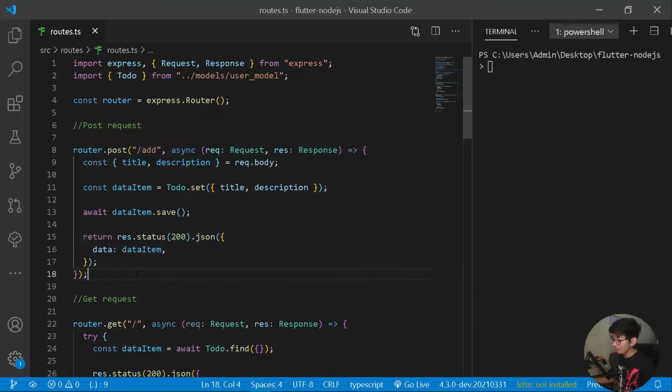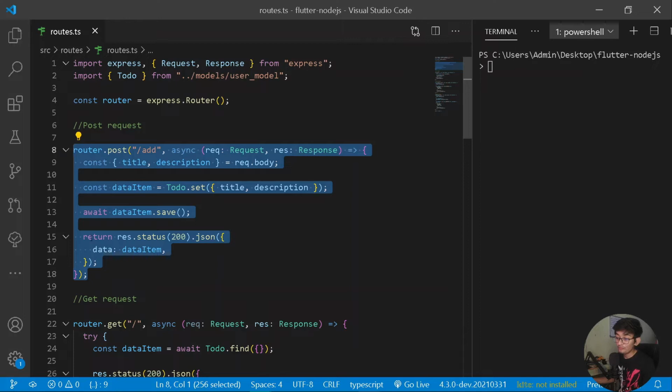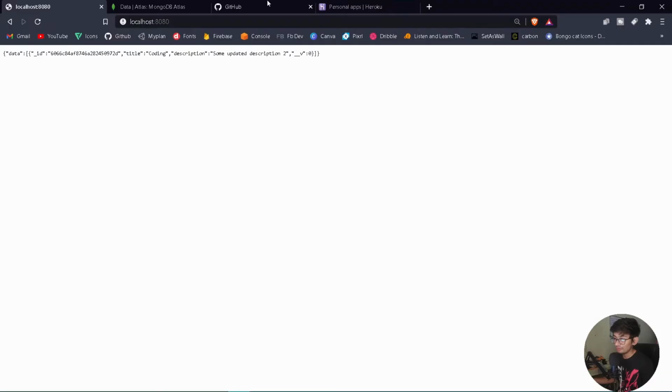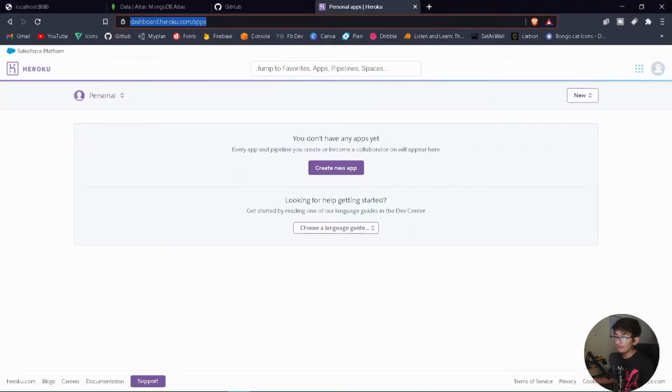In this video, we are going to deploy our Express server to Heroku, which is a cloud platform for hosting our entire servers and websites. For doing that, you need to create a new account on Heroku itself. You can go on to their website and create a new free account. And once we have created a free account, we are good to go.